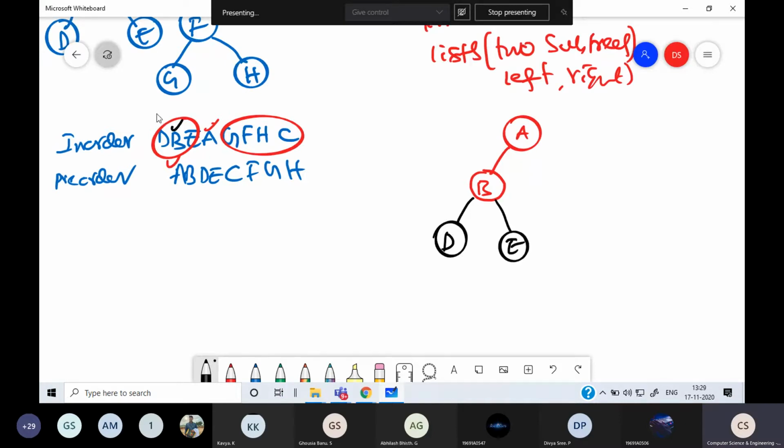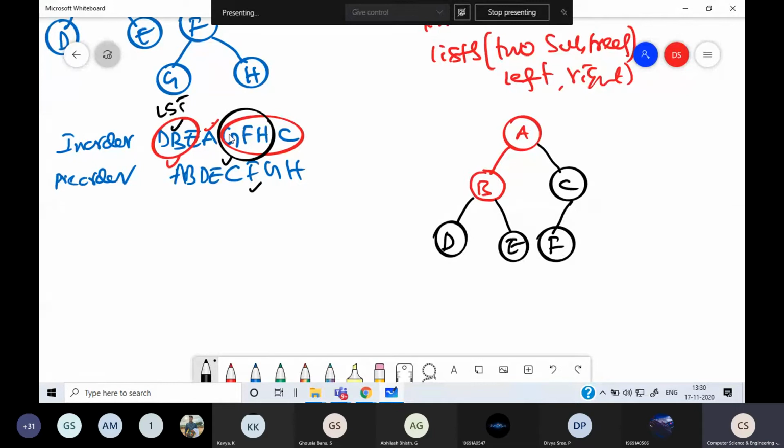So we have completed the left subtree, LST. Now in the right subtree, take G F H C here, and in this, whichever node occurs first, identify from pre-order. So C is occurring first. So C is the root of the right subtree. And C divides the list into two. One is the left subtree and there is no right subtree. So in G F H, whichever occurs first, F is occurring first. So it is the root of the left subtree.